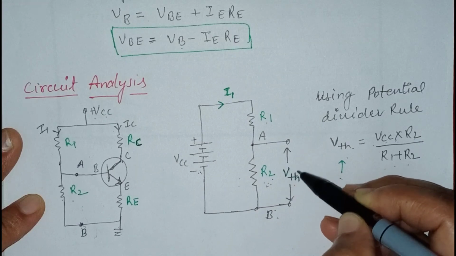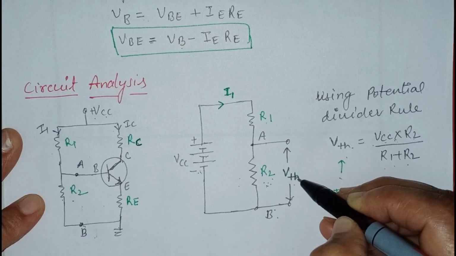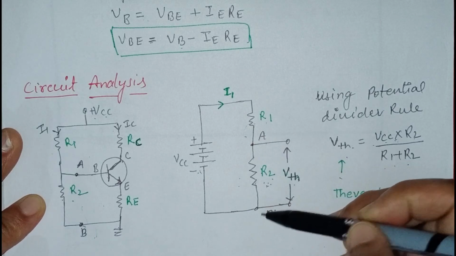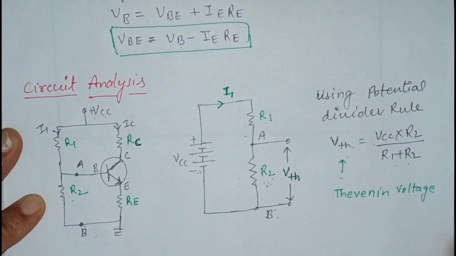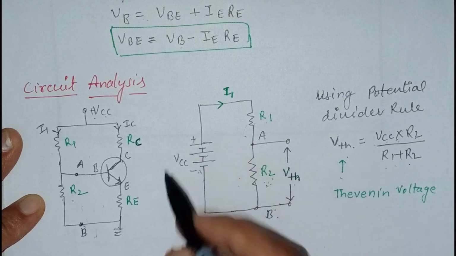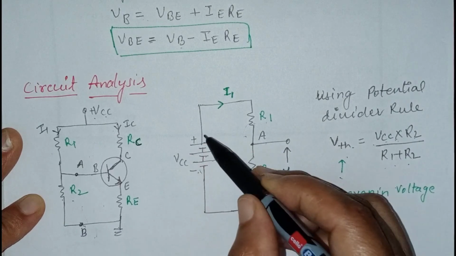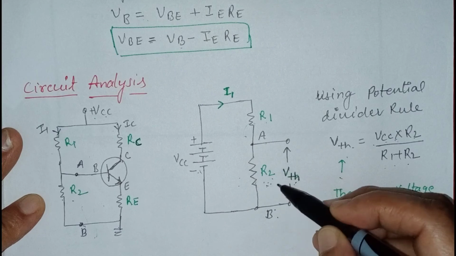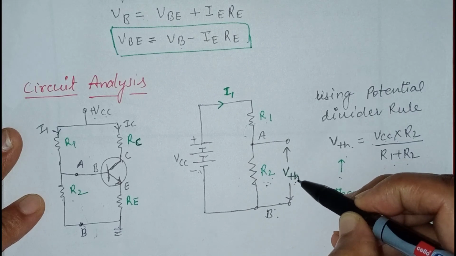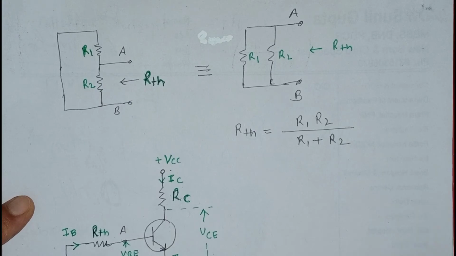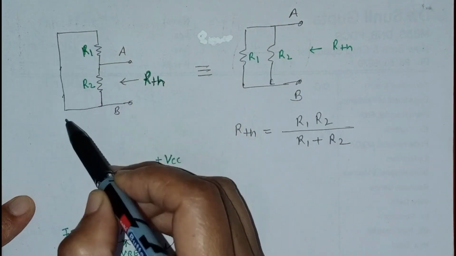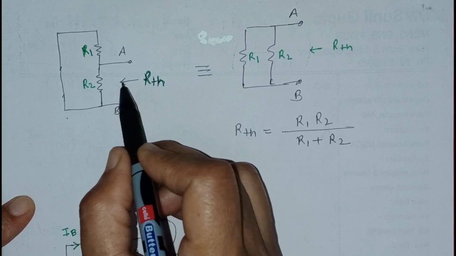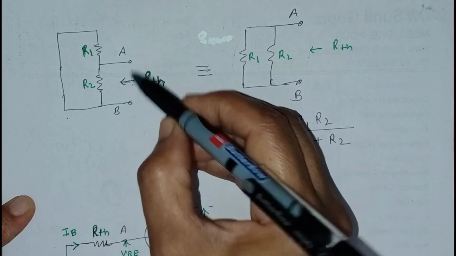Now we will find the resistance that is in series with this voltage, meaning the equivalent resistance of this circuit. To find the equivalent resistance, according to Thevenin's rule, we will short circuit all the voltage sources. We can see only one voltage source here. So we will short circuit this voltage source and find the equivalent resistor, and that resistor we can connect in series with VTH. So we have shorted this voltage source, and the RTH, meaning the equivalent or Thevenin resistance, is what we are seeing from this side across the AB terminal.